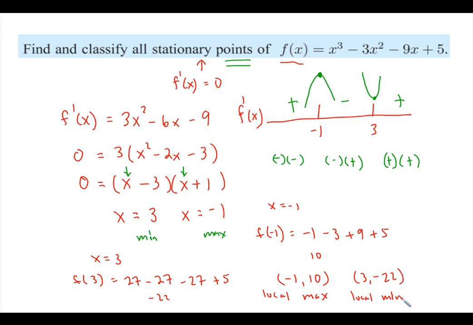Anytime you're asked to find if a point is a local maximum or local minimum, just remember that this deals with the first derivative. I need to set it equal to 0 and then make my sign diagram, and then use the sign diagram to determine